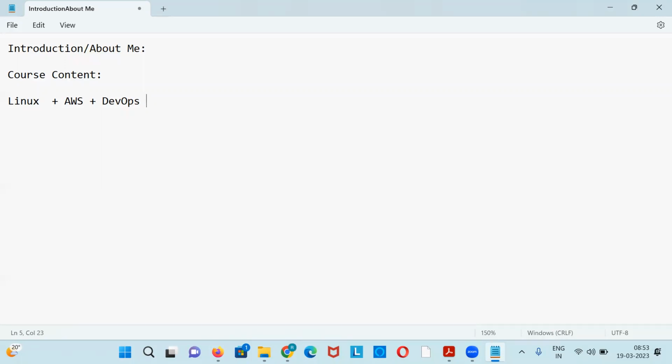DevOps is something completely different. It is not a technology. Unlike Linux and AWS, it is not operating system knowledge or a technology. This is a process we are going to adopt in companies, some methodologies. Previously we had some technologies; here in DevOps we are learning a new culture in projects, or you can call it a new process or new methodology. That is application environments, basically how exactly we need to deploy an application, all those things.